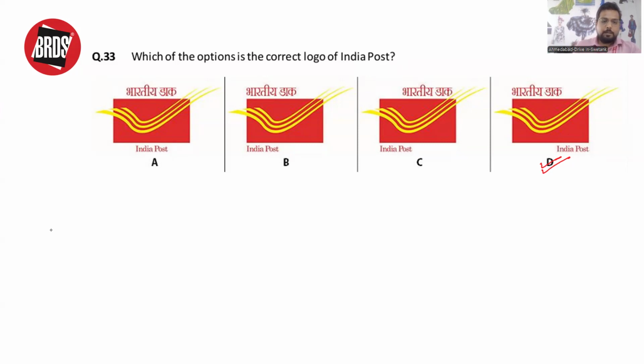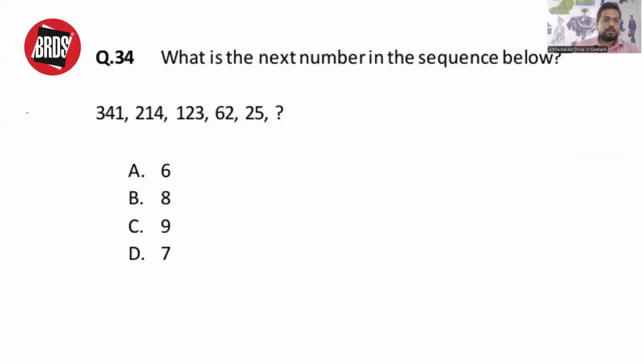Okay, moving ahead to the next one, it is a question of series. What is the next number in the sequence below? Remember, we tried one similar type of question in our regular classes, where I told you that you need to be properly aware of the numbers, at least the cubes and the squares of the numbers. So basically 341 is 7 cube minus 2. 214 is 6 cube minus 2. 123 is 5 cube minus 2,